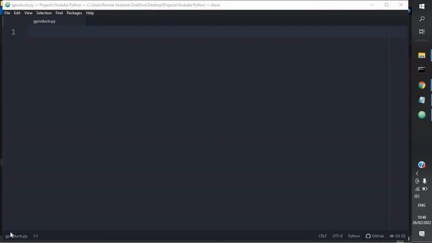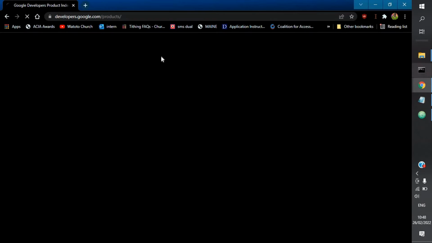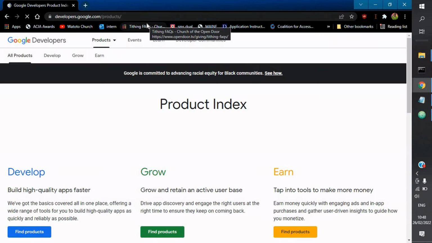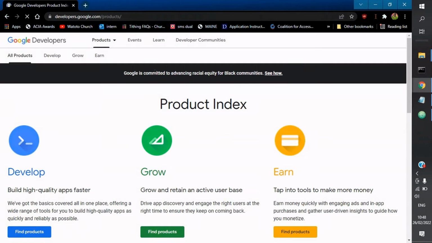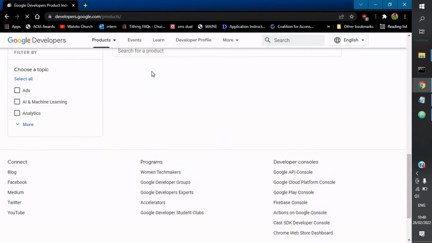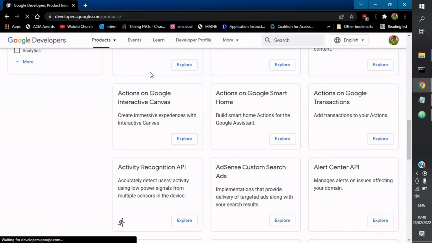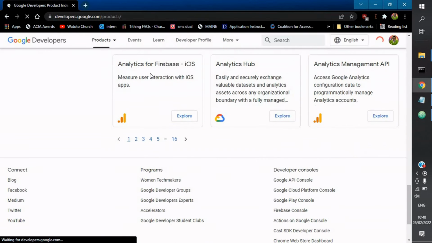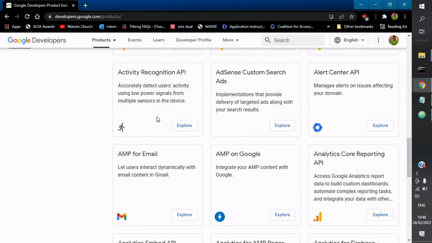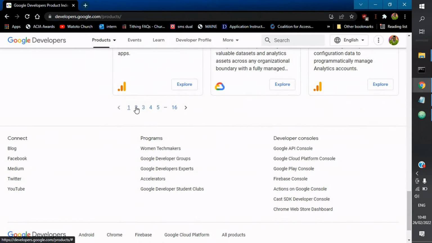So the challenge I had, I've already created my file. If we go to the platform of Google developers products, these are products that developers can use in their day-to-day operations to achieve certain services. As you can see, there are 16 pages of breadcrumbs listed here, but this website, if you click on the next page,